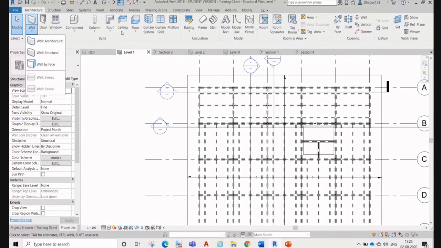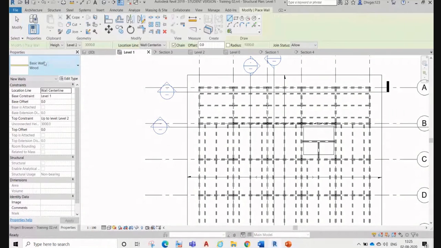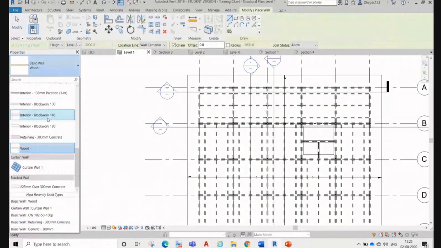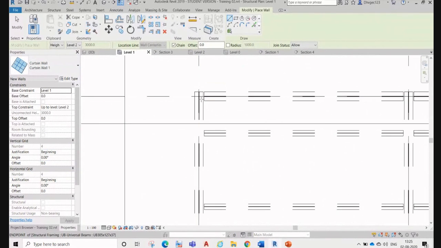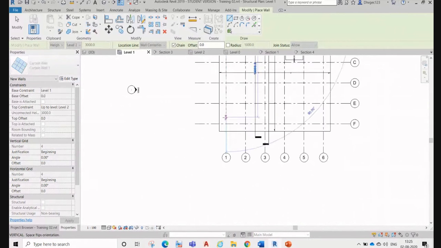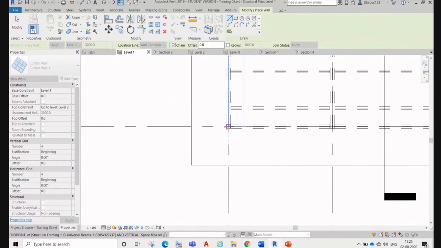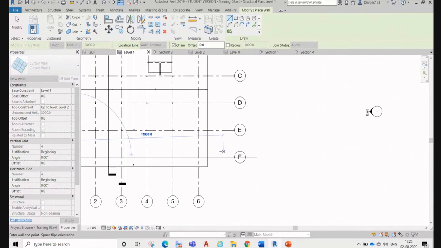Here you can go architectural and then select the curtain wall you want, the same as we have defined right now in our previous first floor or ground floor.